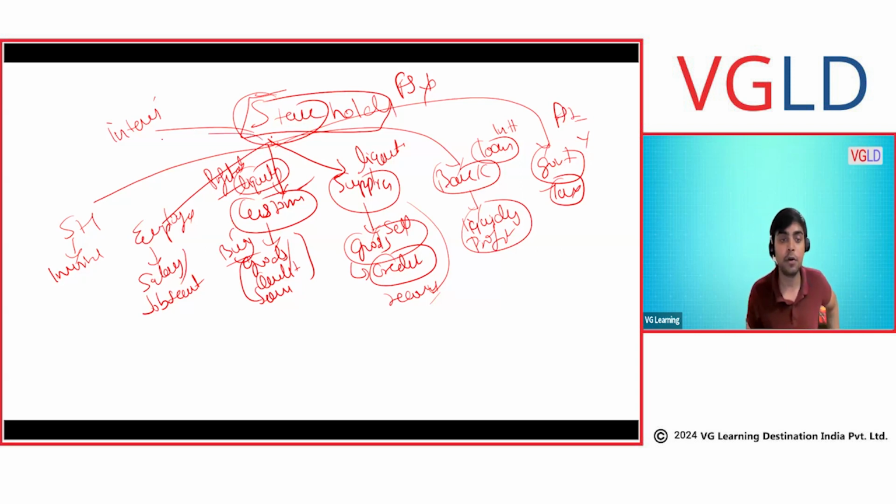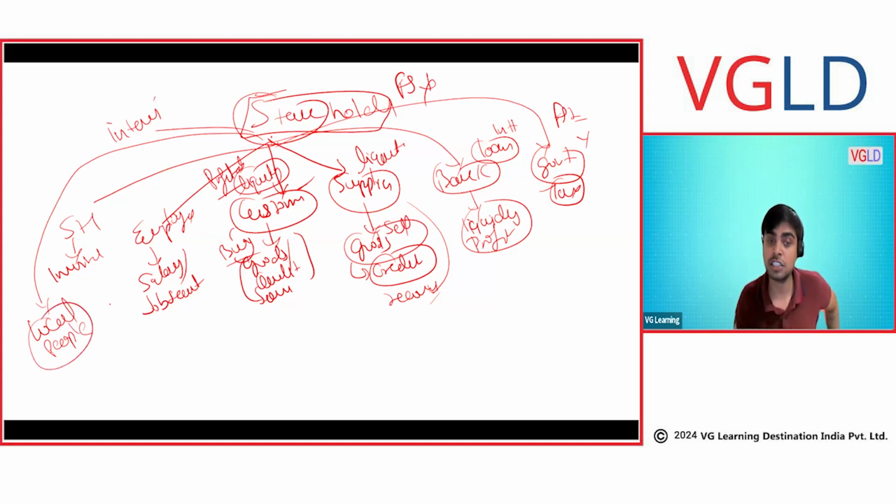You can be a stakeholder, let's say a local authority, local people. How these people are affected? Let's say you are doing a construction project, and this construction project is hurting these people. How? Because you are cutting the jungles, and the animals and the local village people are getting affected because of that. So these people are protesting against you.